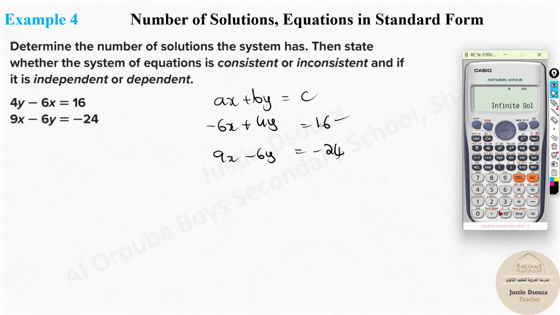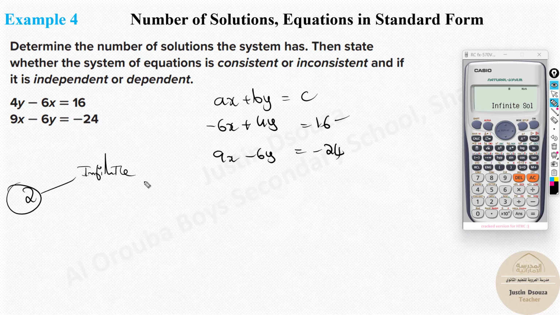Now the thing is, this is a computer simulation. You will get infinite solution. Some graphing calculators or very high-tech calculators will give you infinite solution. But the normal one which we use generally in our high schools, FX 991 ES Plus, will not give you infinite solution. It just tells you math error. And that means it can be two possible answers. Whenever you get this error, there are two possible solutions for that. It's either infinite solutions,